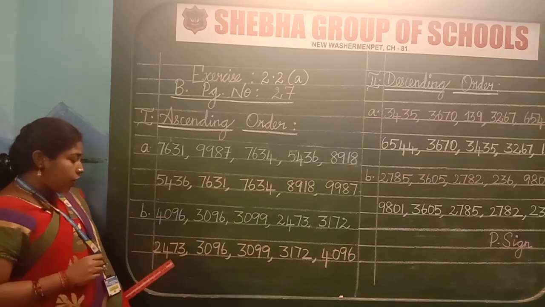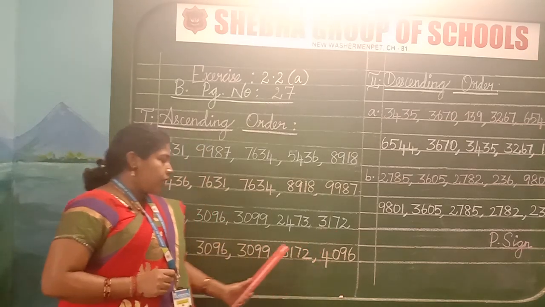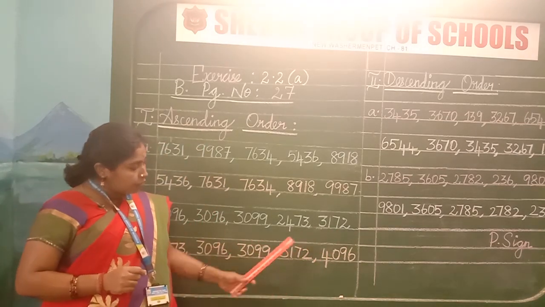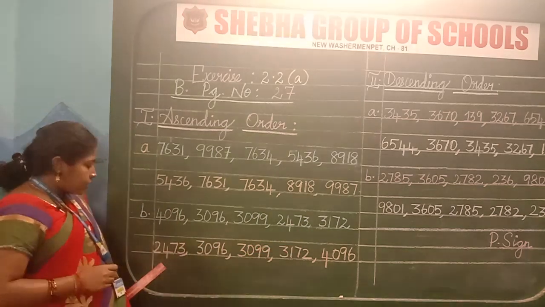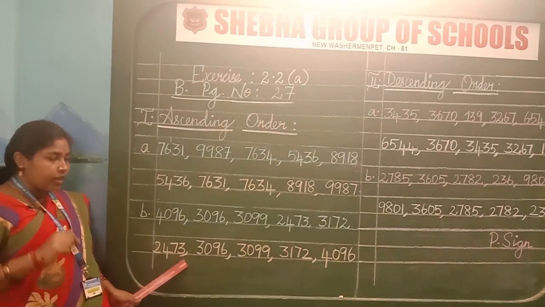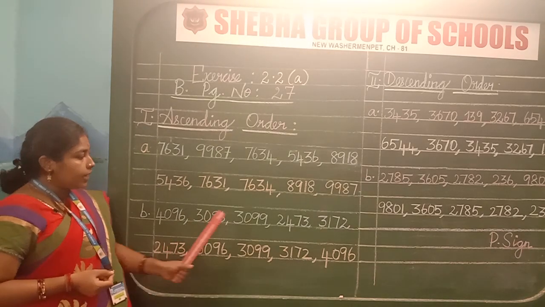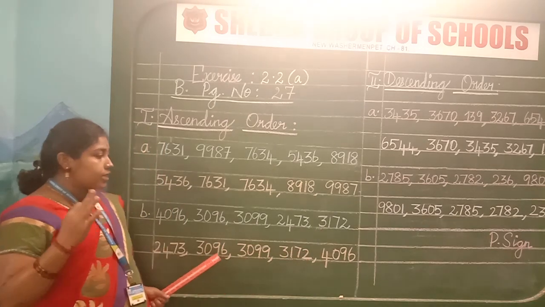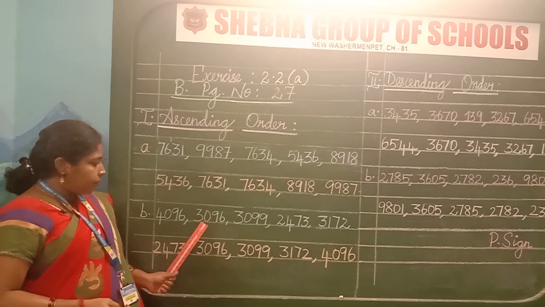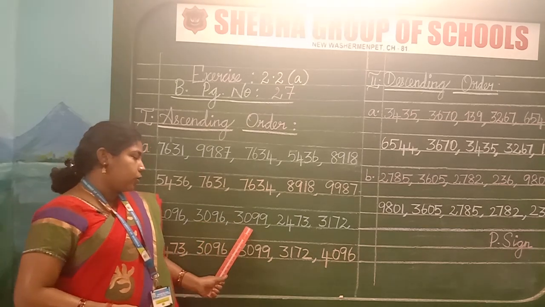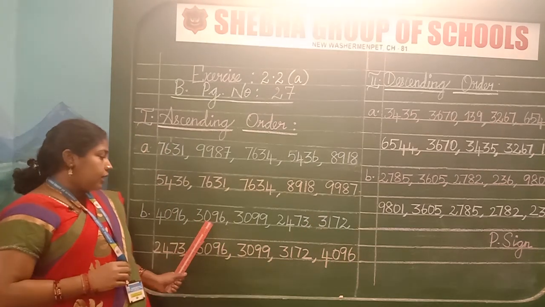Now we are going to write the answer. Just see which one is smaller. Yes, in this set of sequence of numbers, 2473 is smaller. So first write the 2473, comma, finger gap. Next smaller number is 3 here, but we are having 3 sets of numbers which start with 3. So see the next digit, 0, here also 0, but here 1. So leave this number, same digits occur.